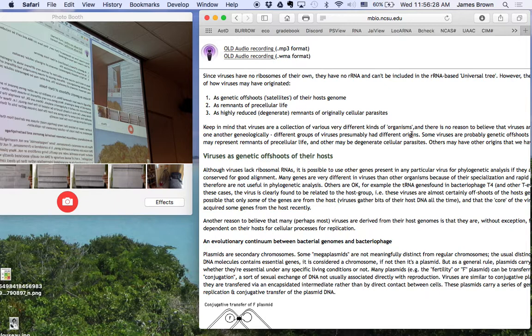Has someone produced some sort of phylogenetic tree of viruses? Not including anything else, but just how viruses are related? Yes. So the question is, can you make trees of viruses? And the answer is absolutely yes, but you can only do it within classes of a virus. For example, the T-even phage are all related to each other, and you can make trees all you want with those. The T-odd phage,